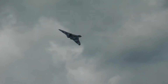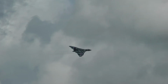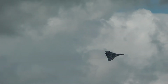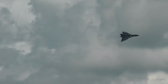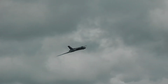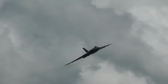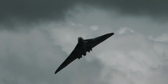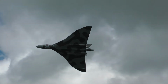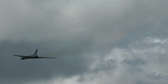Eventually 136 of them were built, and with the contemporary Valiant and Victor, it had been designed to carry the British nuclear deterrent until submarine-launched nuclear missiles came along in the mid-60s, and Vulcans lost their awesome responsibility of providing the quick reaction alert nuclear deterrent. When they did that years ago, which was at the time the longest bombing raid in history, 7,760 miles, which is further than from here to Santiago in Chile. This particular area